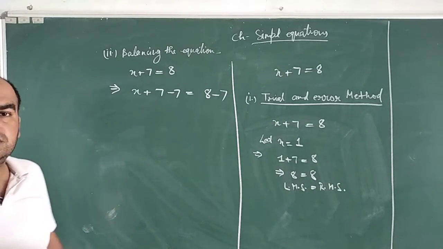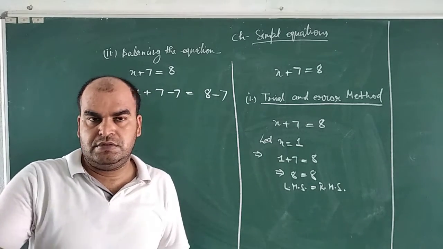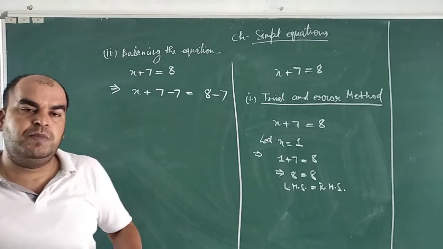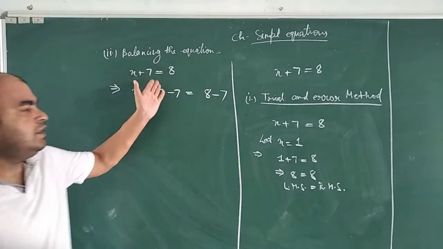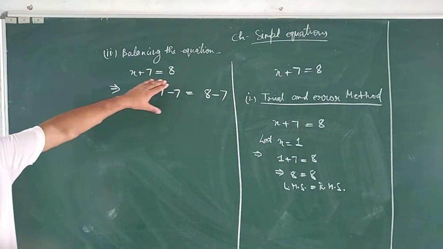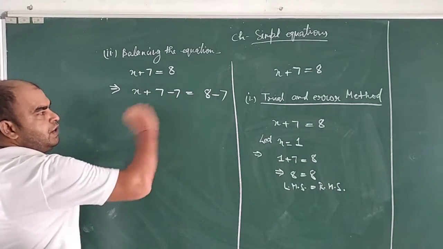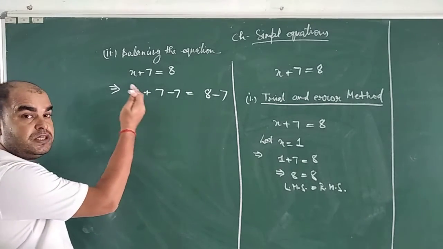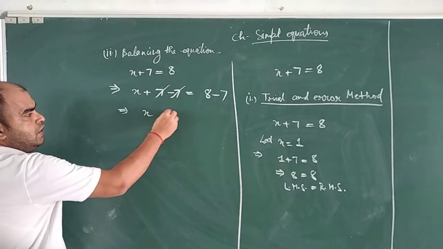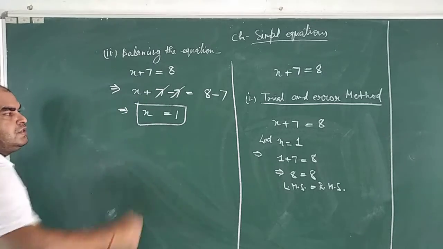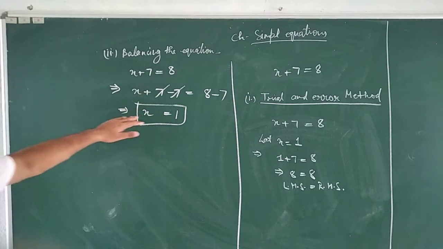Like the same in chemistry, where you balance equations, reactions. In 7th class I think this is not in chemistry, but in higher classes, in 8 and 9, you will balance the equations, reactions. Similarly this method we use in chemistry also, and here we are balancing the equation. Here we subtracted 7 from both sides, there will be no effect because we are subtracting the same number from both sides. Now 7 will cancel, and here we will get x equal to 1. It means this is your solution. This is known as balancing the equation.